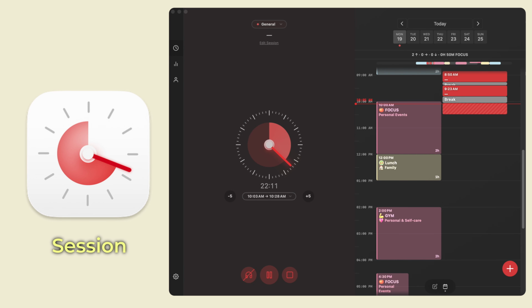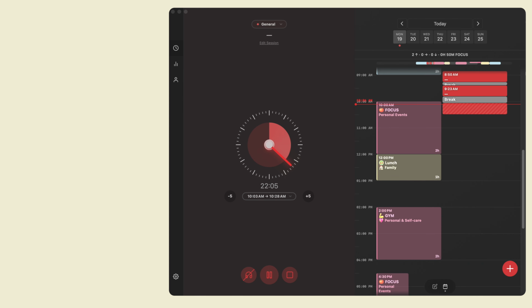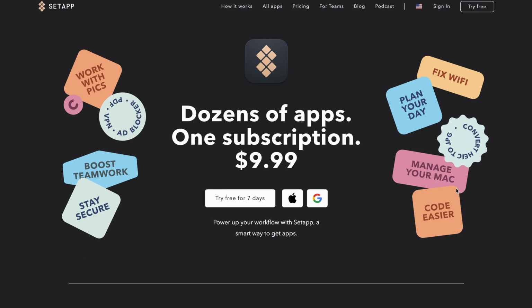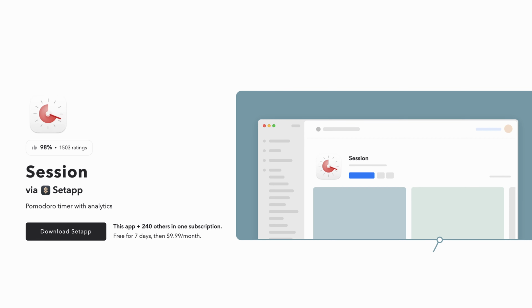To track these Pomodoro sessions, I'm using an app called Session. It has a built-in timer and it also can show your calendar side by side. So I can keep a log of the sessions I actually did, and it helps me understand how my day went. I used to use the free version for a very long time, but recently I got a subscription to Setapp, and Sessions was one of the apps that was included in the subscription, so I started using the paid